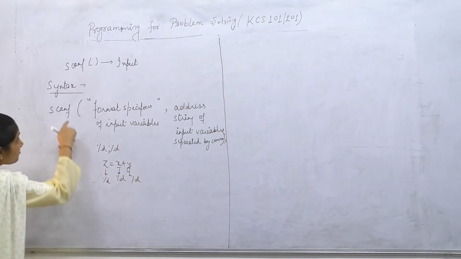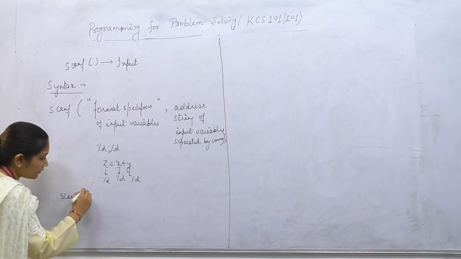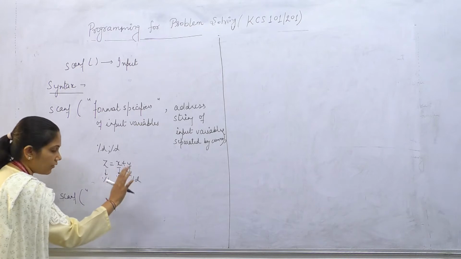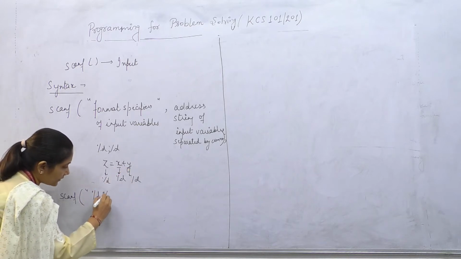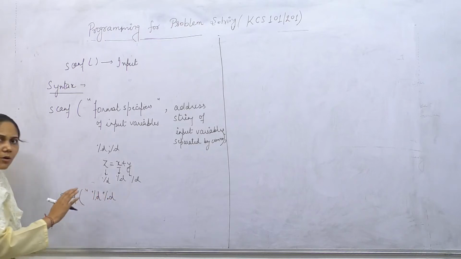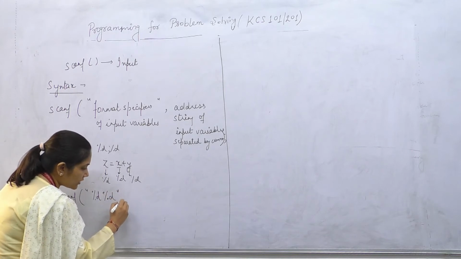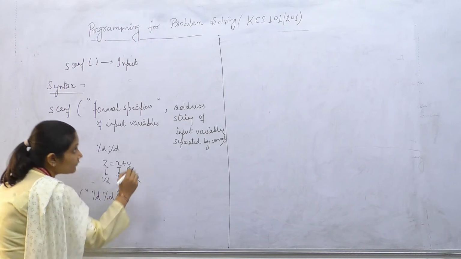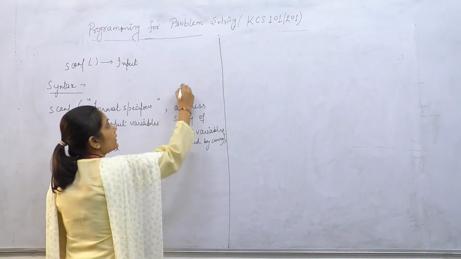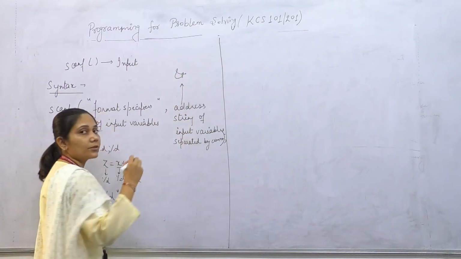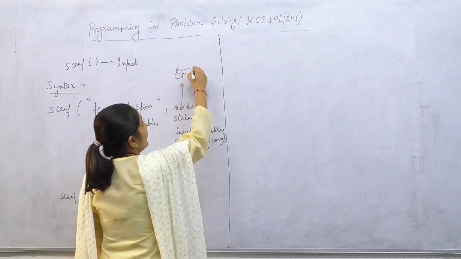So now what I am going to do is scanf. Simply I am going to write: the input variables are x and y. So how are you going to do it? %d, without giving any space or comma or any other special operator, you are just writing it like this. Then double quotes enclosed, then comma. Then address string. Address string means there is an address operator which is represented by ampersand, and this means reference or address.